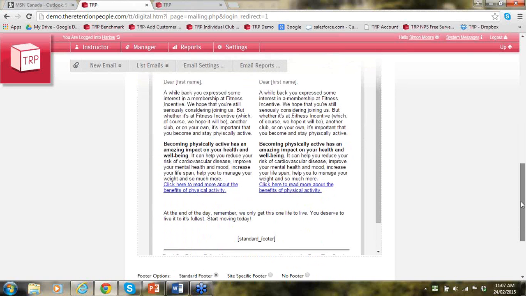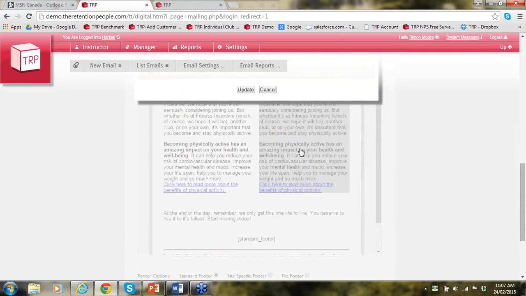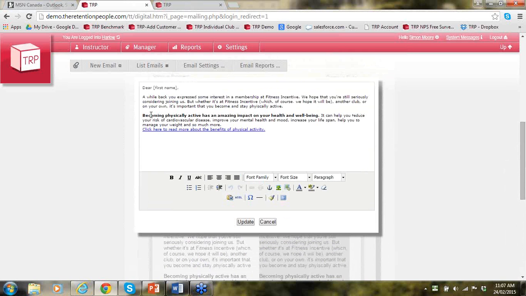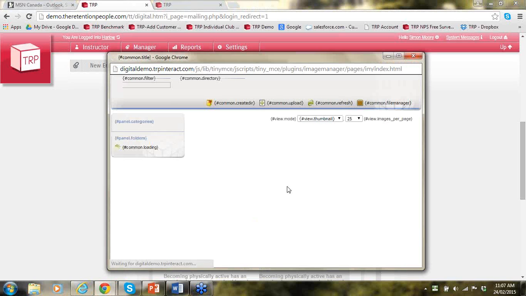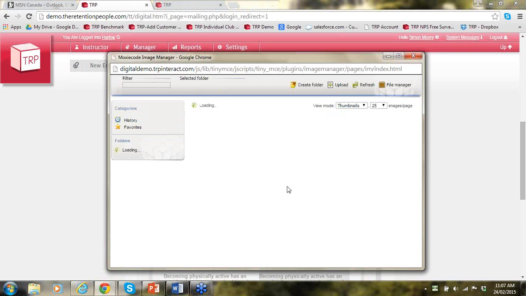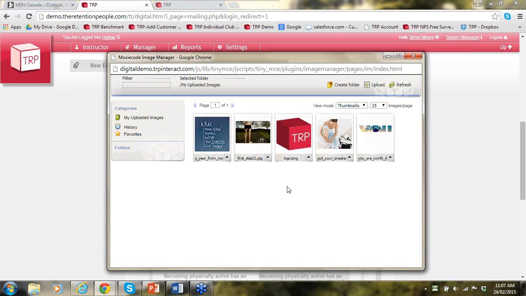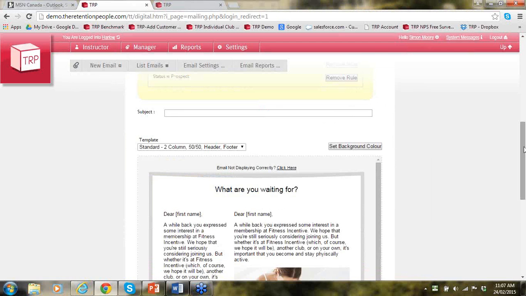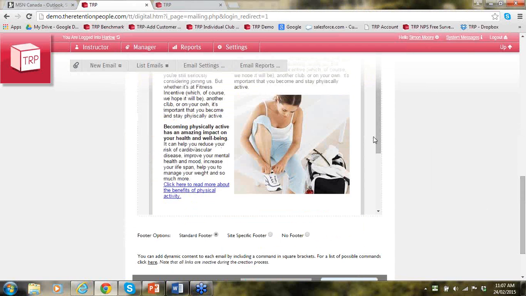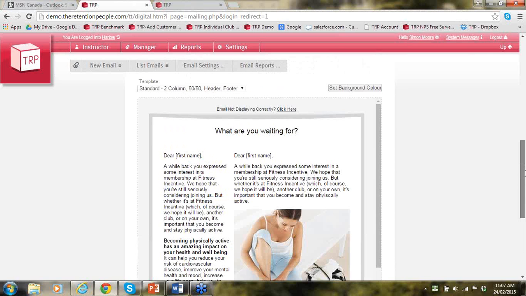The template has already been formatted. I can add a footer, another information footer. I can also add images. Maybe I want to remove some of this content in here. Add an image. I already have some images uploaded into the system, so it will create a list of the images already in my system. And you can upload any images you like. Let's add that image, update that image, and as you can see, I've already created my one template very simply